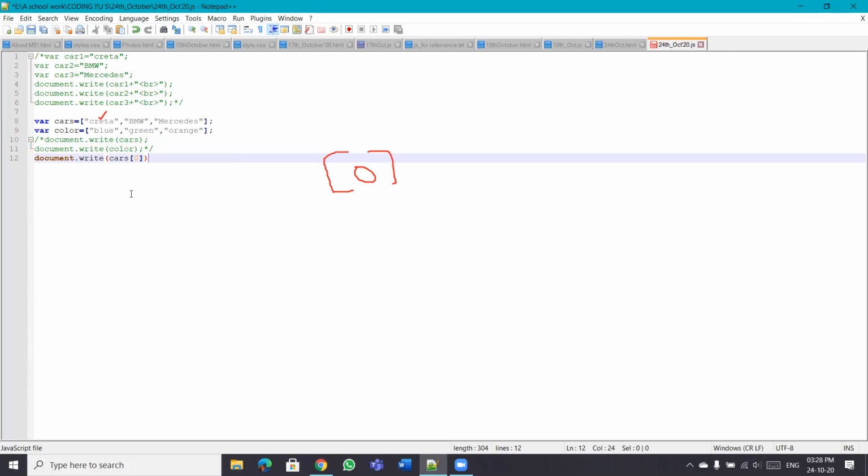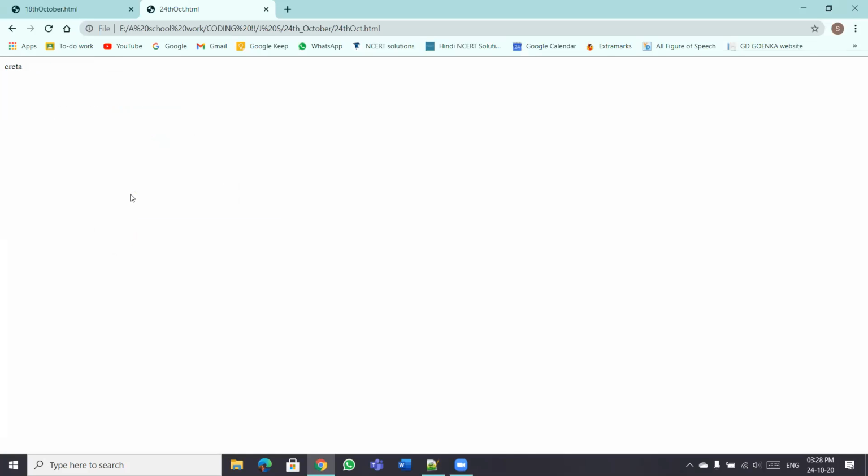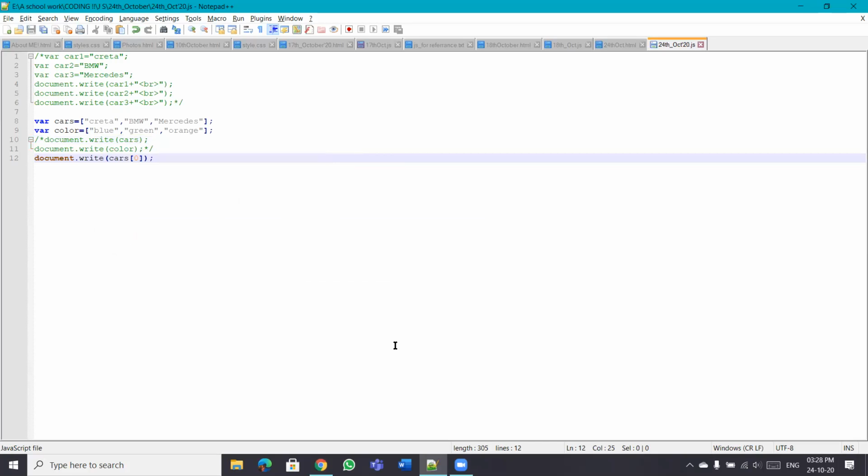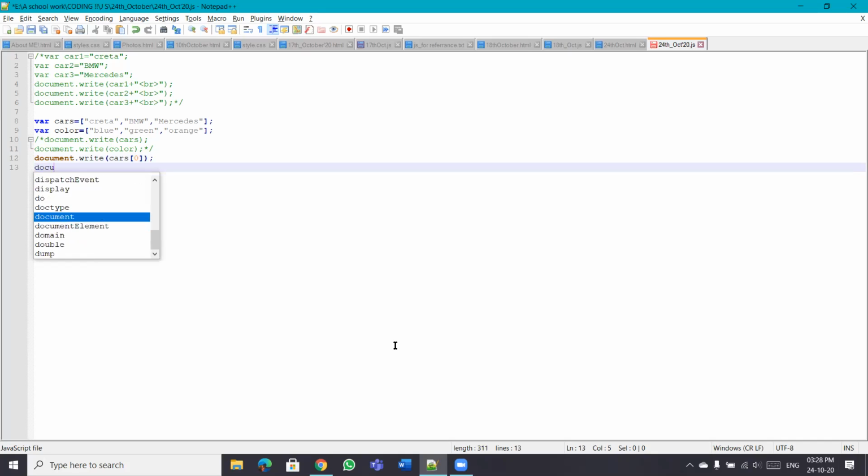Put a semicolon and then print it and show me. Can you show your code to others, so they can have a look at the code? Similarly, try to print the third value of the colors array.